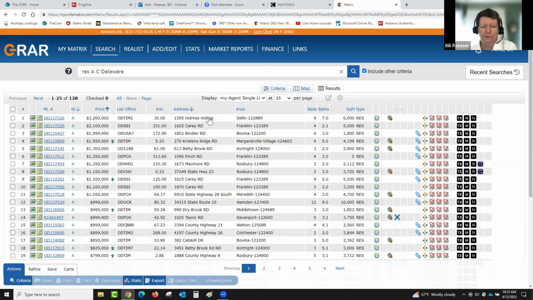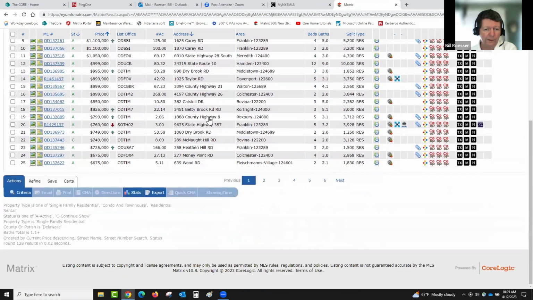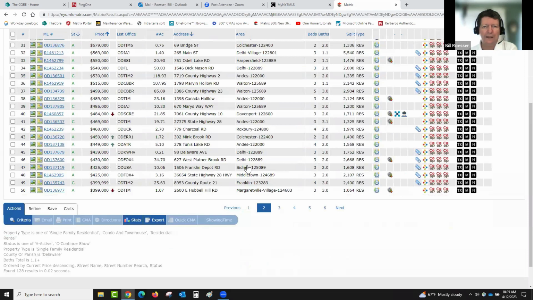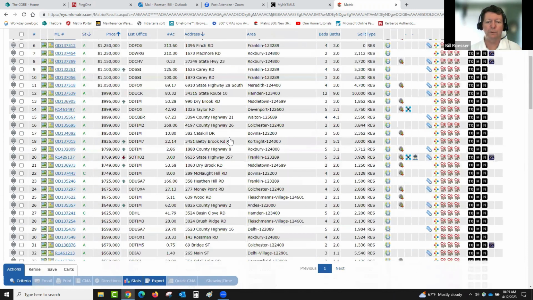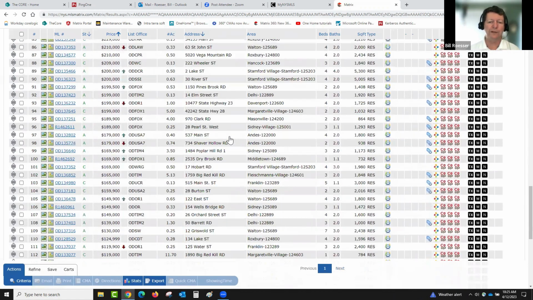Now, another thing too, as long as I'm here, I'm looking at the entire county, right? So as I scroll down, I hit bottom pretty quickly. Now I have to go to the second page. Click on that, and I just have to keep going page to page to page, and that's kind of an inconvenience. What I can do here is actually set the number of lines I want per page. So if you are finding yourself looking at hundreds of listings at a time, I could come down here and say, well, let's max this out at 500. In a moment, I now have the ability to scroll through the entire list without having to stop after every